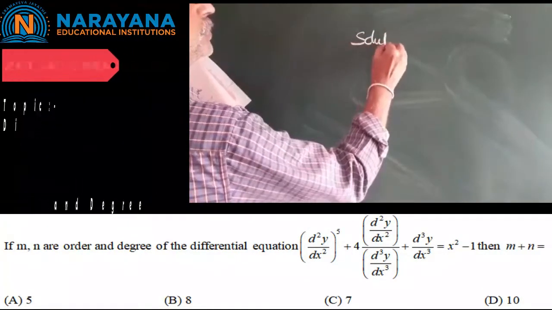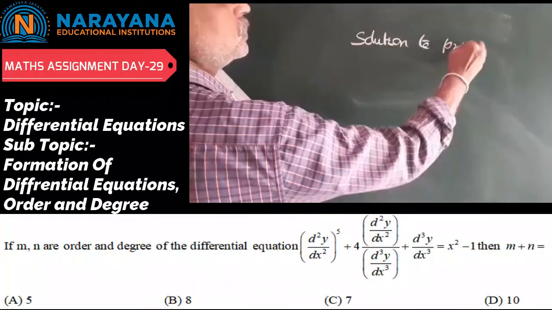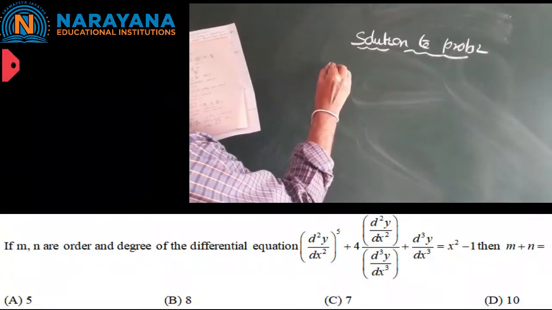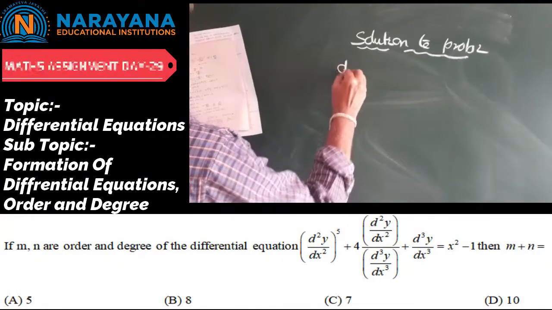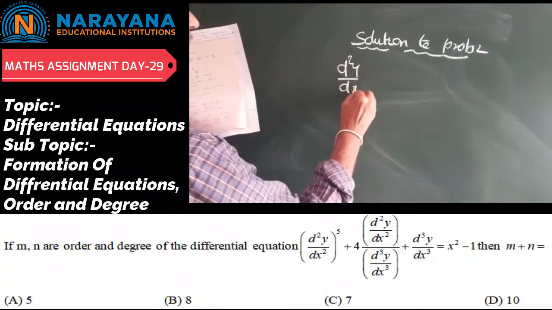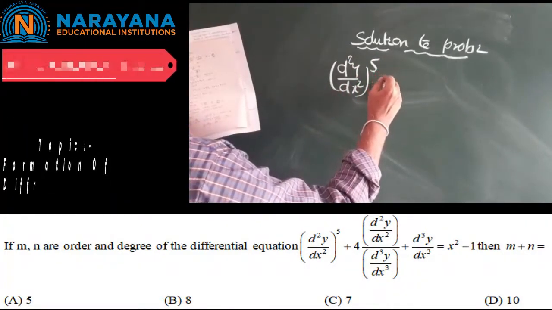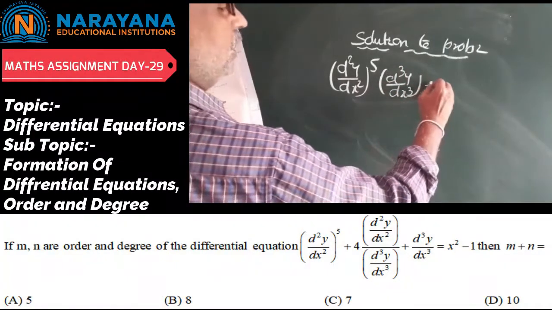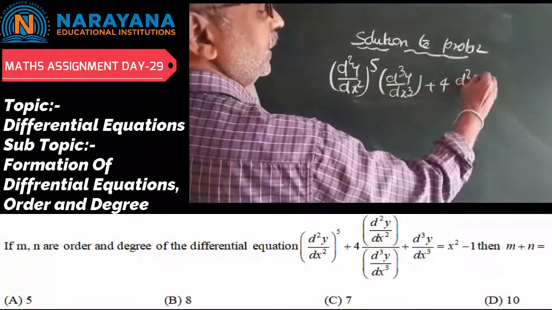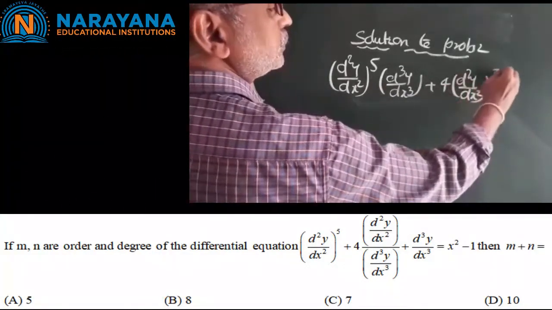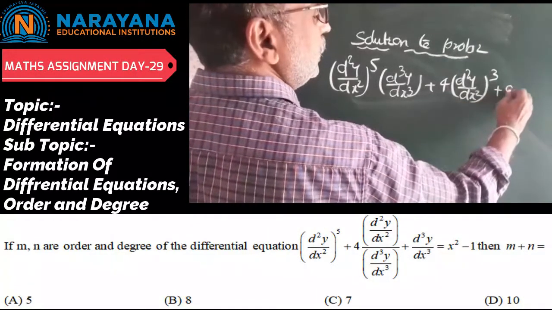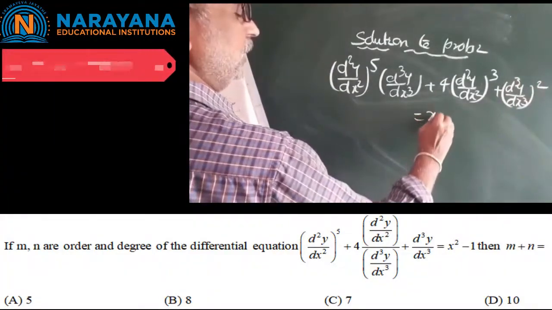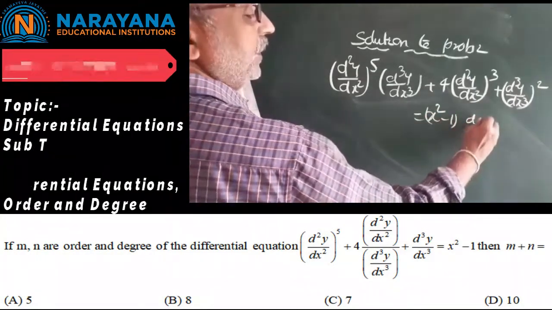Solution to problem number 2. So after taking LCM for the given differential equation, we can get d square y by dx square whole to the power of 5 into d cube y by dx cube plus 4 into d square y by dx square whole cube plus d cube y by dx cube whole square equal to x square minus 1 into d cube y by